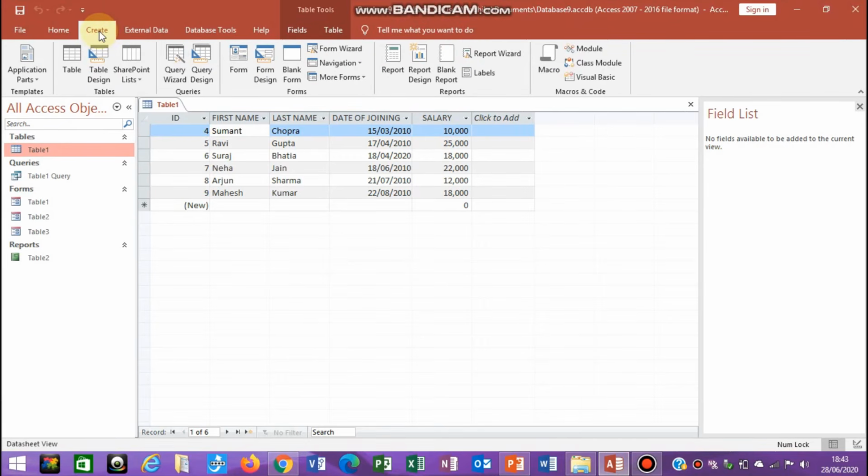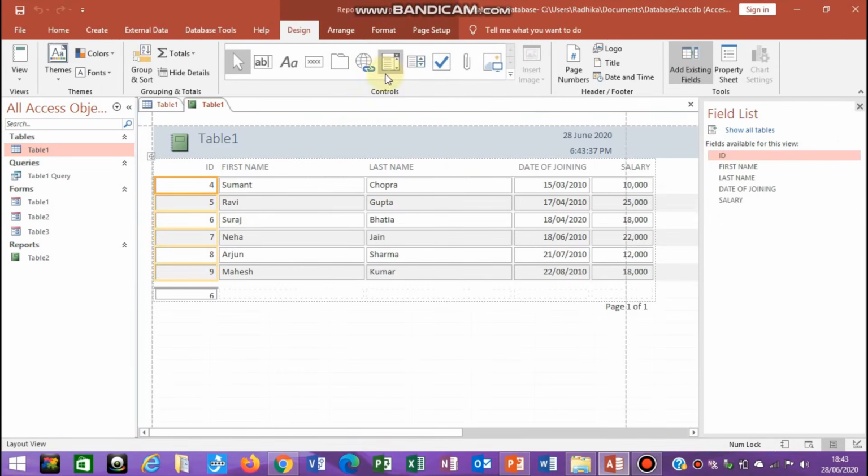Under the Create tab, there is a separate section of Reports, and inside it one option is the Report tool. Click on that, and your report is almost generated.